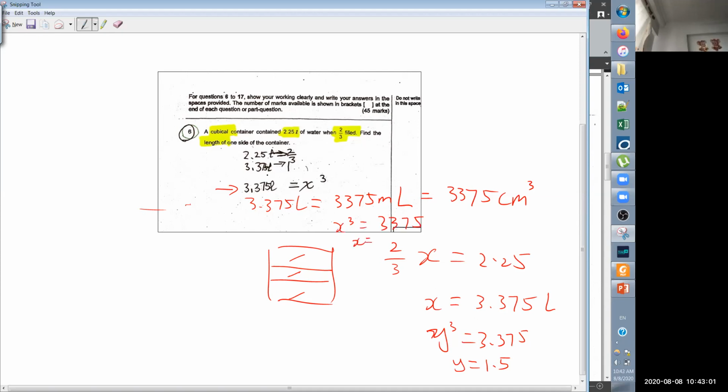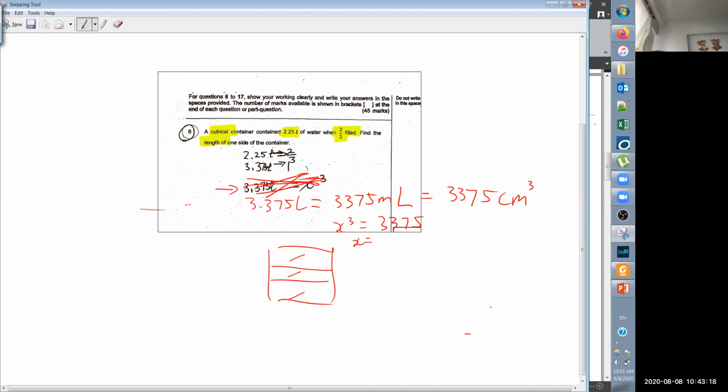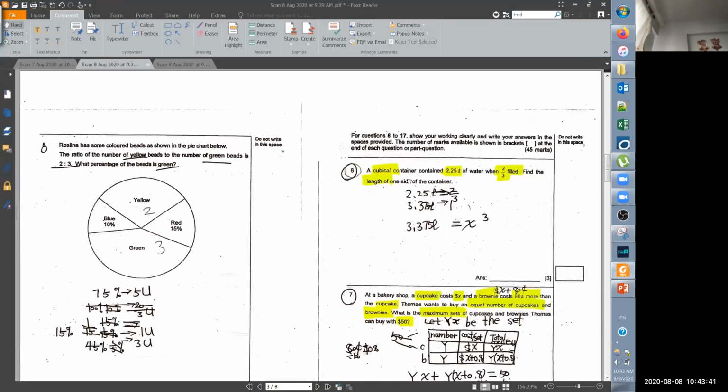So x is equal to, 来，帮我一下，3375. 15. 对了，那就是15了。So the side is 15 cm. 你这个是错的. OK, good. Next, 下一题。